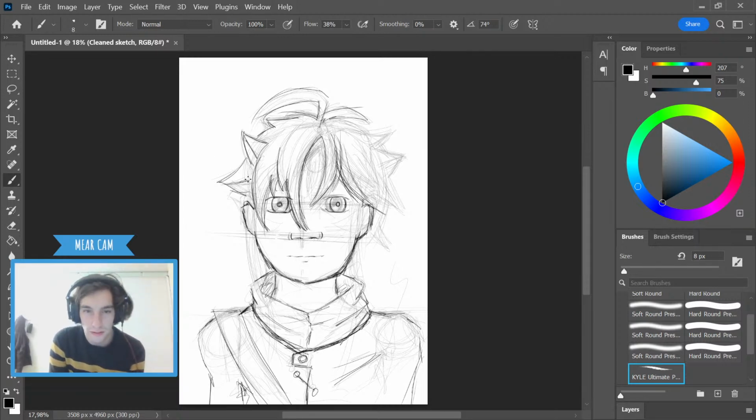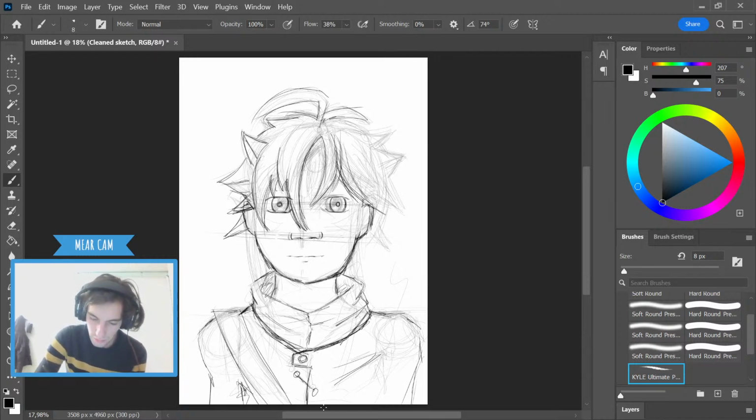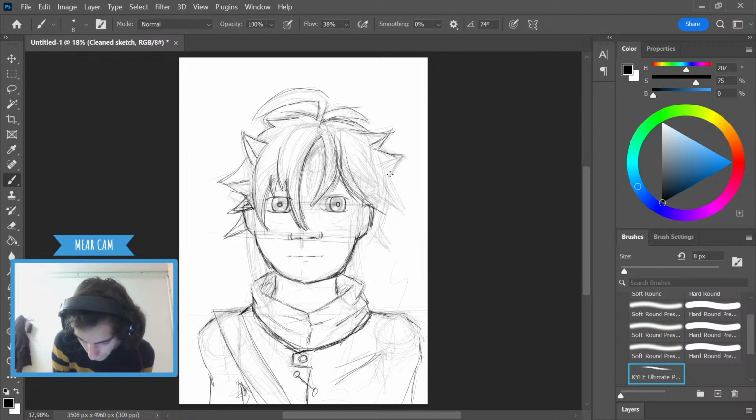There's like one spike and I can't figure out how to put it, so I'm gonna just put a spike over here, and then I need to put like a spike around here or something, or maybe just in front of the ear, if we just block some of it, that could work. And then we'll worry about the one strand coming down later. So then we'll go over here, put another spike here, and maybe one spike directly afterwards,